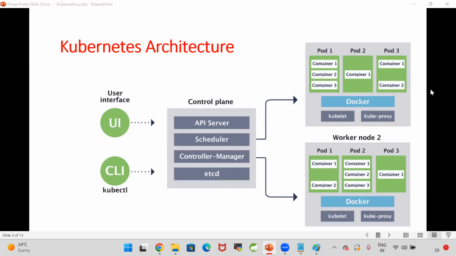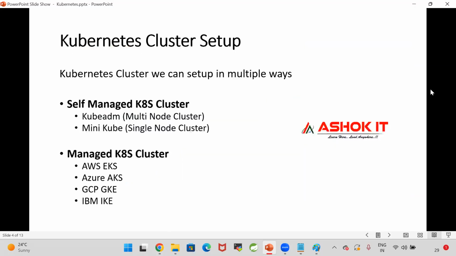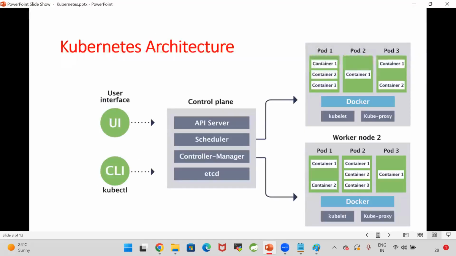In order to create the container in the worker node, Docker engine should be available. In the worker node, Docker engine will be installed. Why Docker engine? To run the Docker container, Docker engine is required. So in the worker nodes, our containers will be created. As we are going to create the containers in the worker node, Docker software should be installed. Kubernetes is not the replacement for Docker.